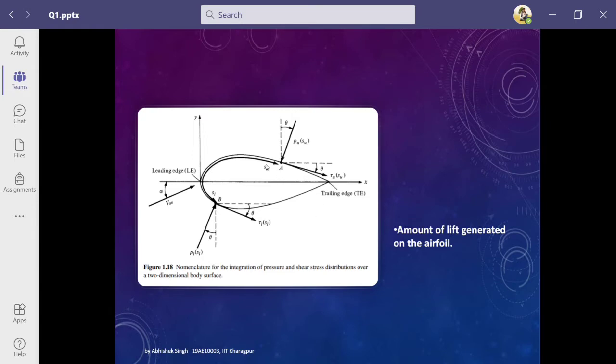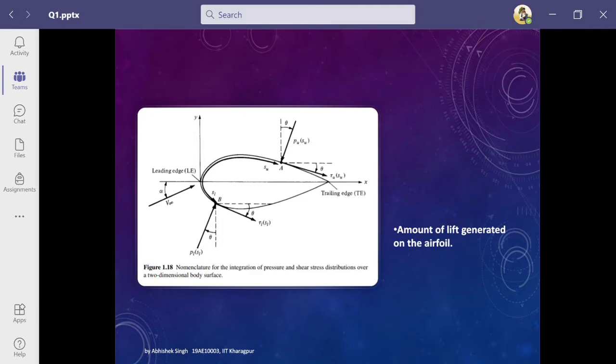When considering lift, lift is more dominated by the pressure distribution about the airfoil. Pressure acts normal to the surface, and its net effect comes out in the vertical direction, the lift direction, so it has the major contribution to lift. The shear forces' net contribution is in the drag direction, which is backward, and they don't have much contribution to lift, while they have a higher contribution to drag.